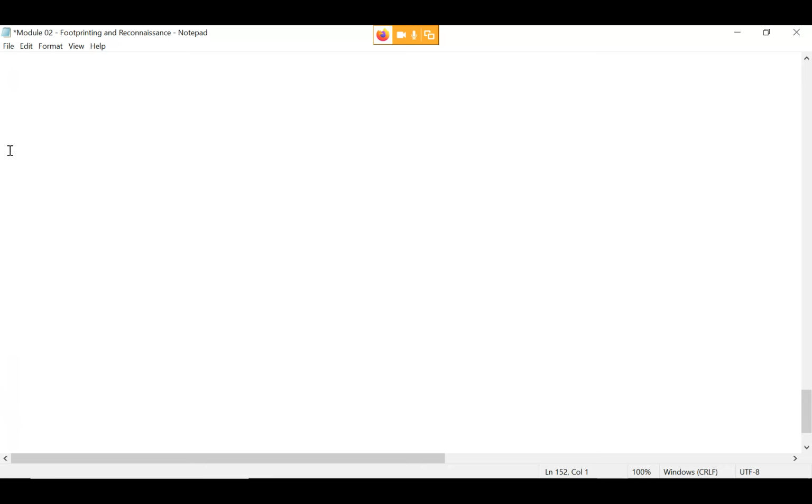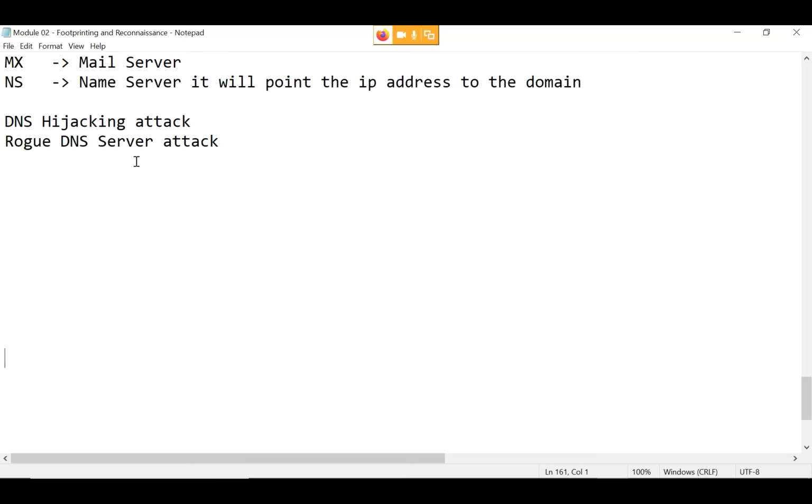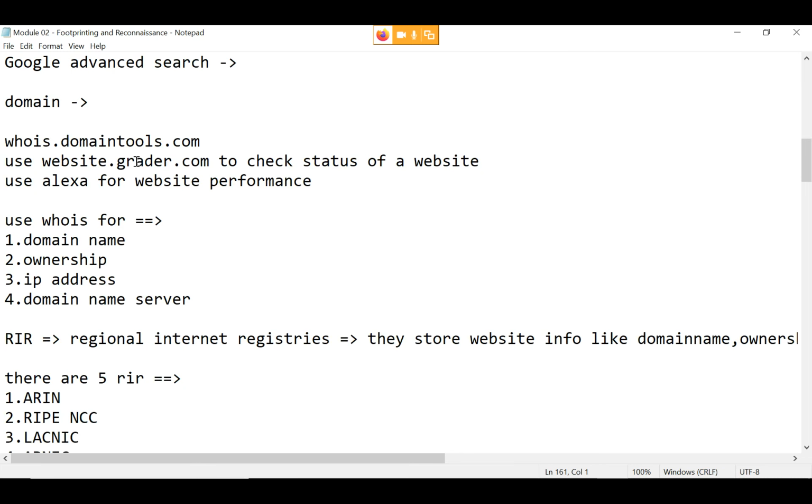So my question is, how do we actually find the subdomains? Because we don't know. So that is what we are going to discuss. First, we are going to talk about how to